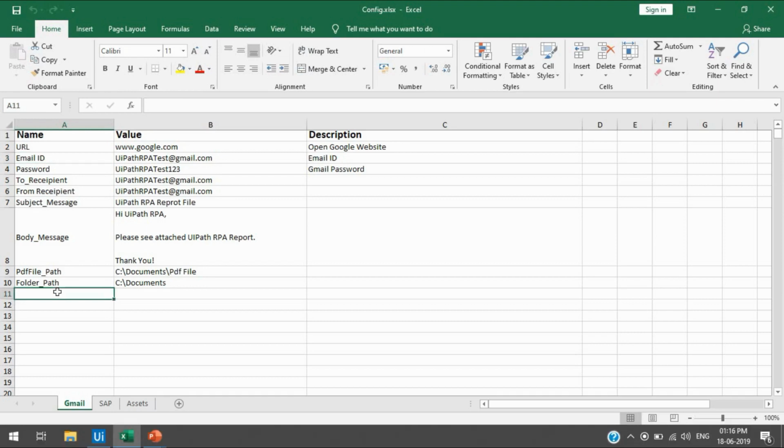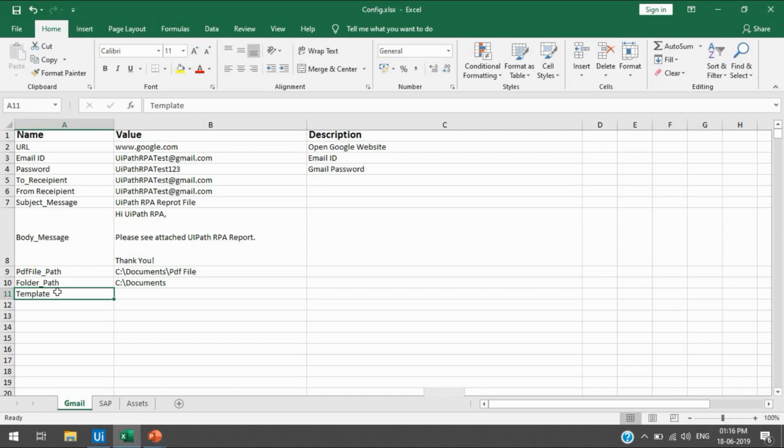Let's suppose you are going to send a mail to someone and you need a template. Instead of writing the body message every time in the mail, you can take one variable here.